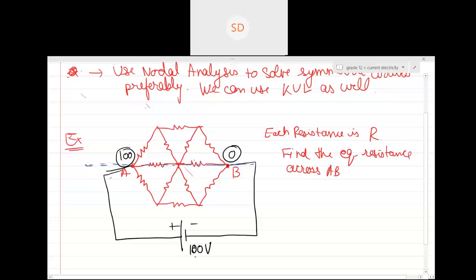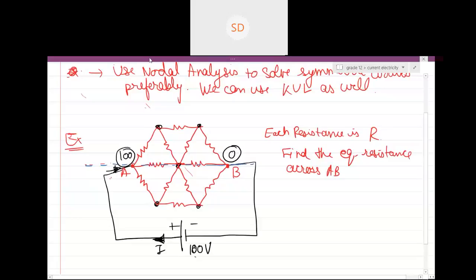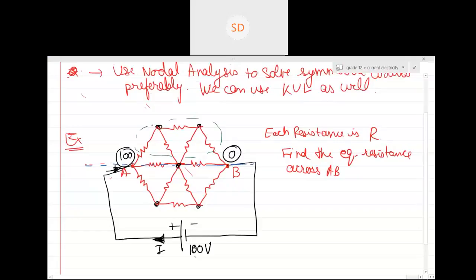Now, how many different joints can you see? Now tell me this particular thing, guys. Is the circuit symmetric? The current I, when it comes over here, does it split in such a way that, can you see the upper part of the circuit? And the lower part of the circuit, I'll just draw them with the same line so that this is the upper part and this is the lower part. Can you see both are symmetric to each other?